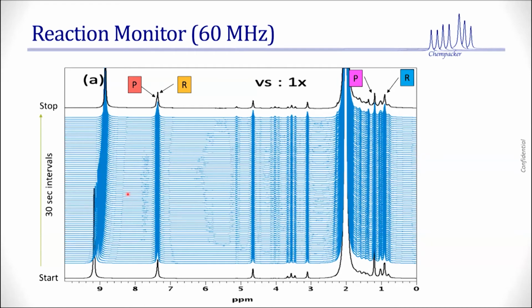So here is a reaction monitoring, courtesy Dave Russell. I should have put his name in that. So reaction monitoring, 60 megahertz. I have spoken about this in Panic and in other places as well, where we have the product and the reactant right there. It's like a shoulder. This is not bad from a separation point of view. And then there is also a product right here with the reactant there. So yeah, we have done this.